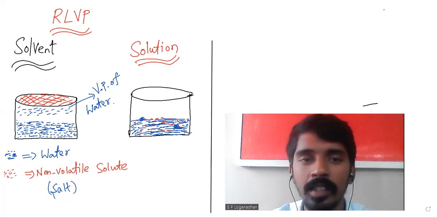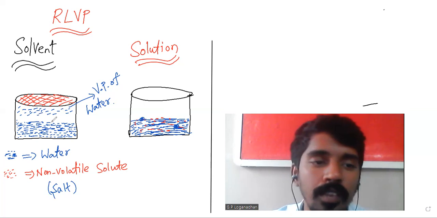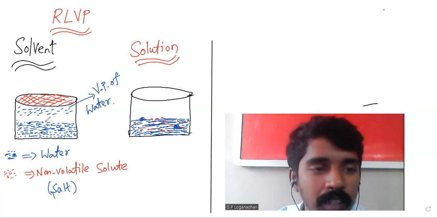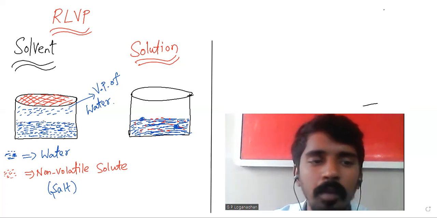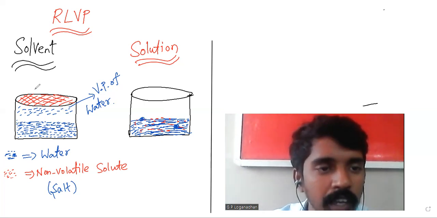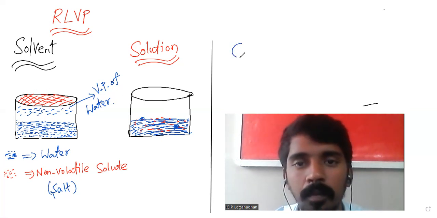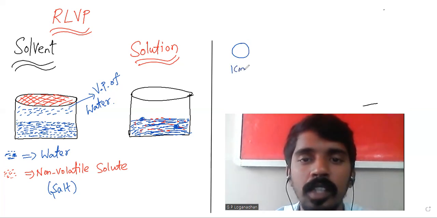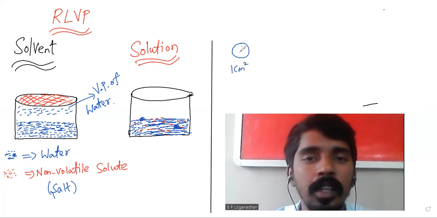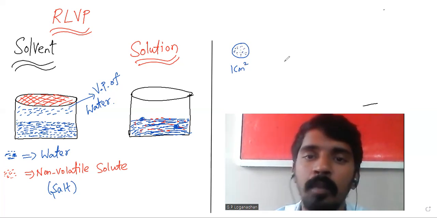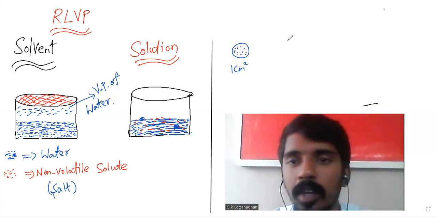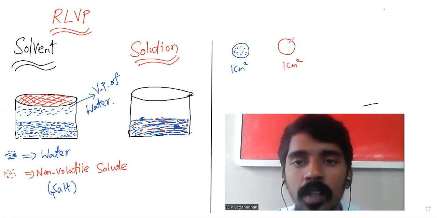Now let us compare the solvent and the solution. In the solvent, the water molecules can evaporate and change into vapors from all parts. If the area is, for example, 1 centimeter square, from all of that 1 centimeter square there is a possibility for the water to change into vapors. But when you consider the solution, if this is a 1 centimeter square area,